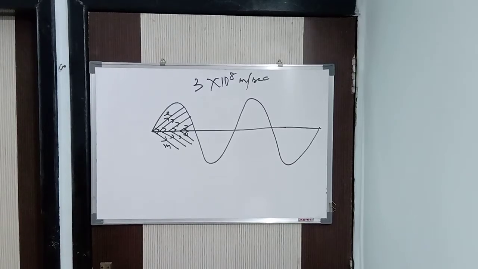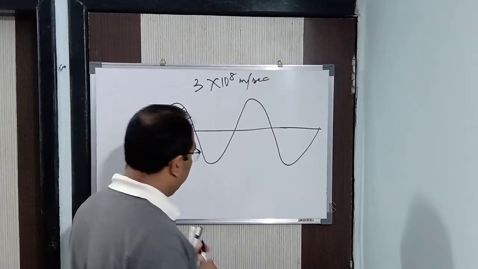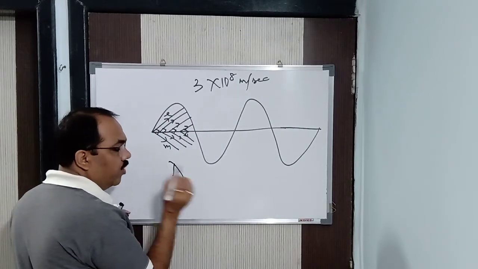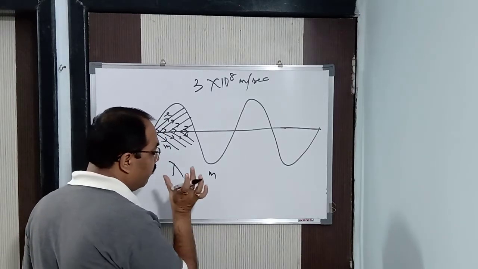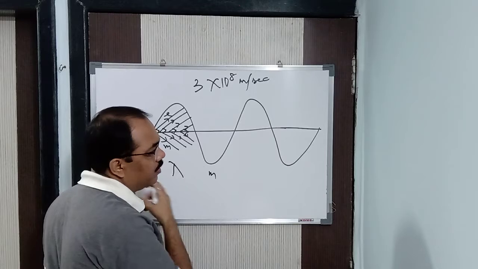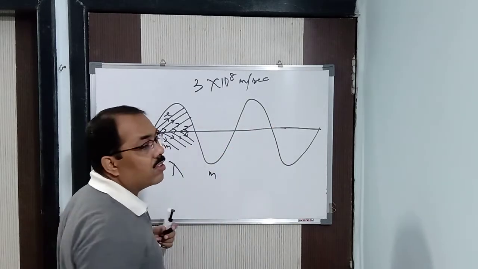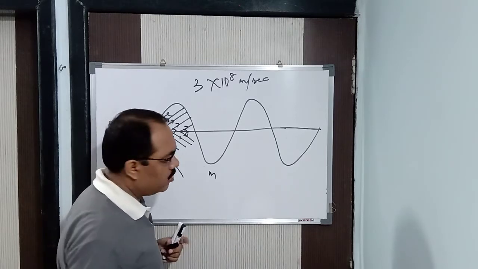Now continuing with the wave model, as I said, first we come to the wavelength. Wavelength is denoted with the letter lambda. Its SI unit is meter, you know. But here we are not calculating in meter, because meter will be a very large unit to calculate the wavelength of an atom. To calculate the wavelength of electromagnetic waves, it will be very large.